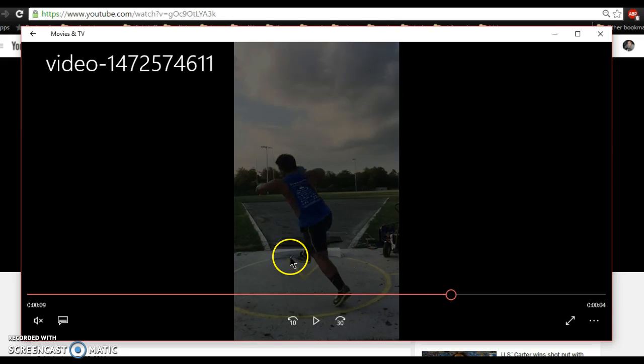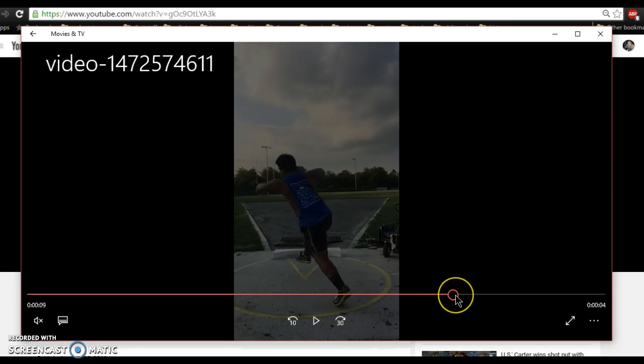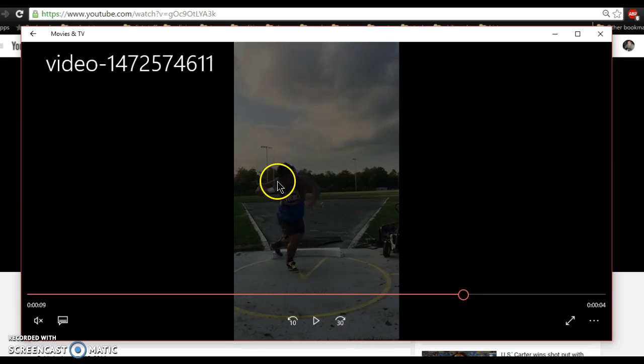So you want to drive down to the middle and feel yourself bent on that right knee, just like you would in a stand throw. To get all that power, you gotta be down on that right knee. Right now, you just blow through it. The biggest thing you can focus on is feeling down on that right knee and letting this shot work